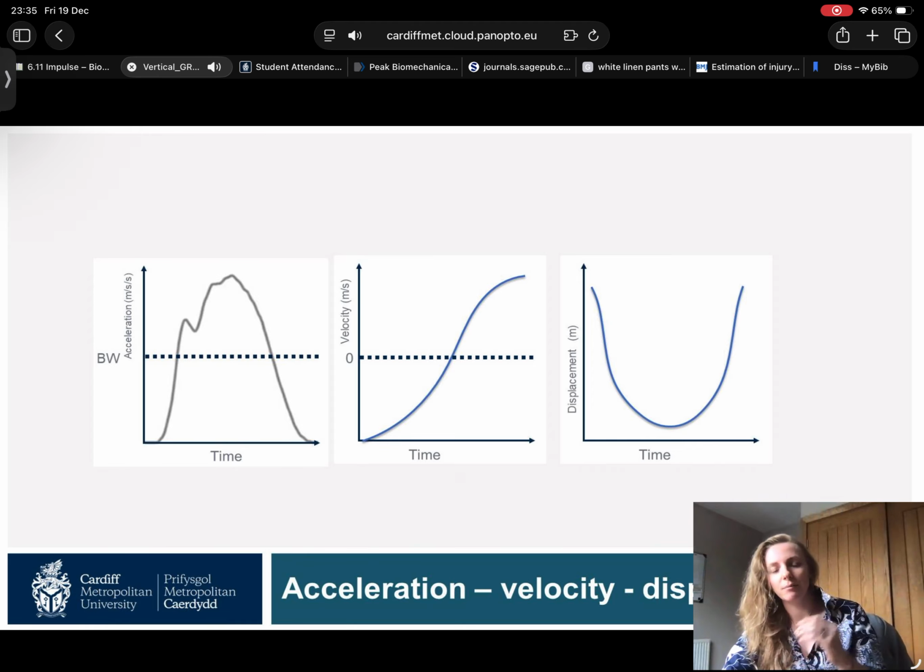And you can see it's a nice U shape, because when we run, we hit the ground, we bend down, and then we push back up. So just by knowing the shape of the force curve, where it has one big peak at the top, I can also hypothesize what velocity and displacement will happen. And you can do this with any force trace, okay? I'm only going to break it down to this level with the running one, but it means we can do a number of things in terms of how